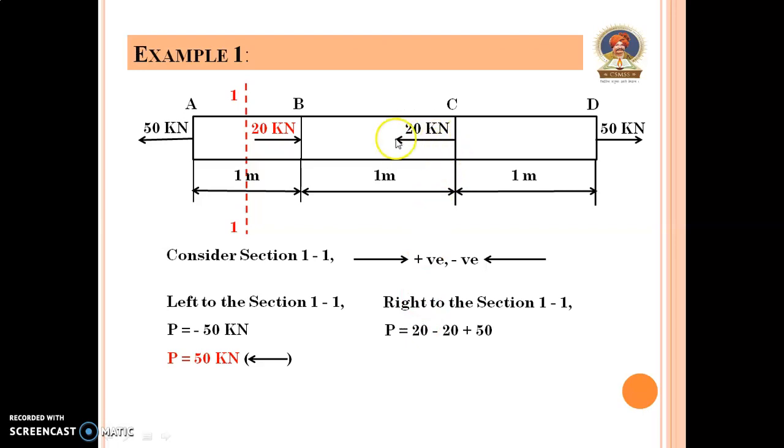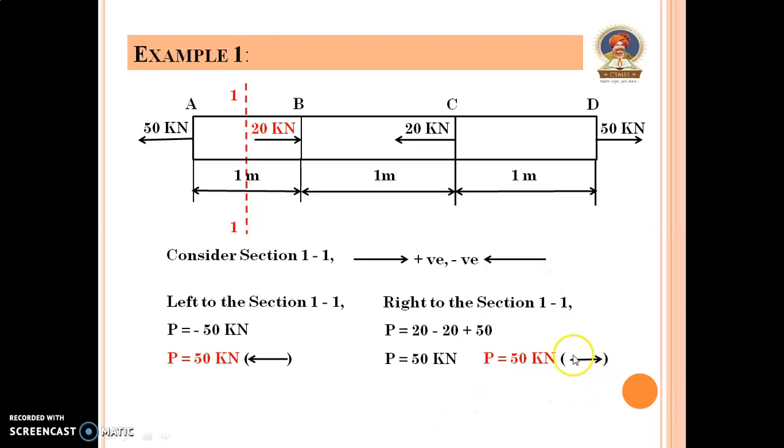This 20 is moved towards left side, so it is taken as negative, and this 50 is moved towards right side, so it is positive or plus 50. After solving this, P is equal to 50 kilonewton plus 50, that indicates this force is moved towards right side